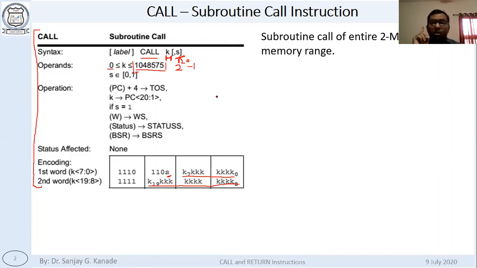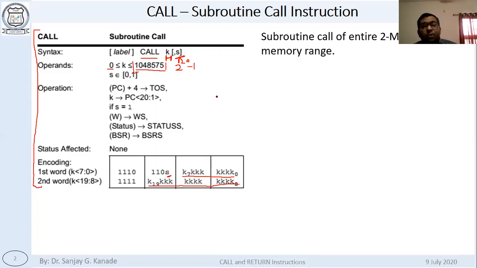The problem is, when we use the goto instruction, we can go from one location to another location anywhere in the program memory space, which was the advantage of the goto instruction, without any condition, right?